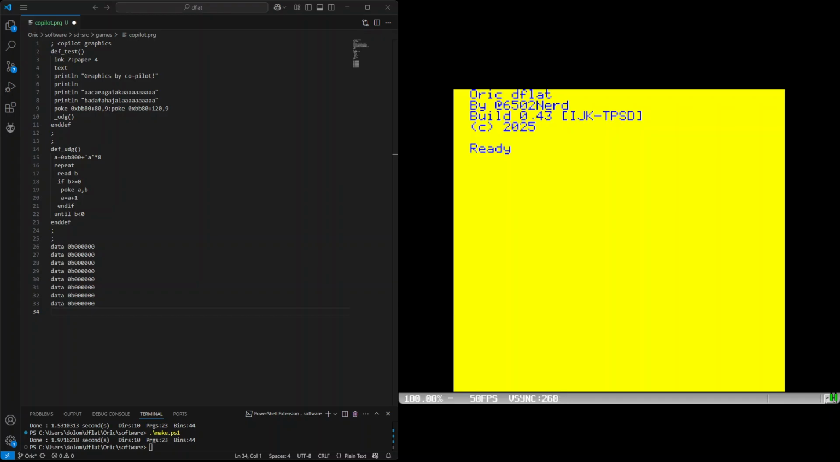So I thought I would try Copilot. What you have on the right hand side is D flat, which is my custom ROM for the Oric-1 computer, an Oric Atmos computer. On the left you have a VS Code project which allows me to write programs in D flat, my custom language, and then I've got a converter, a PowerShell script to convert text files into something that the D flat